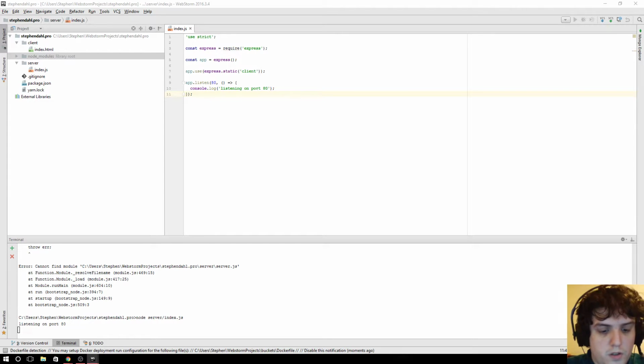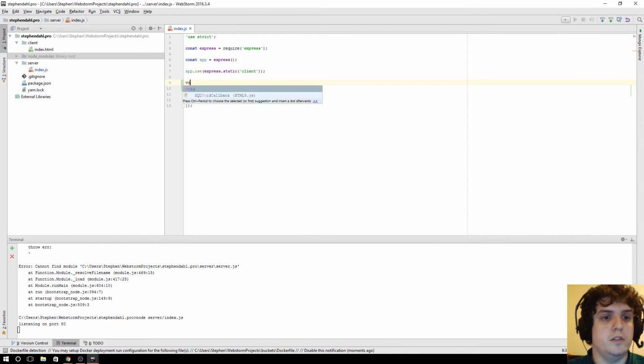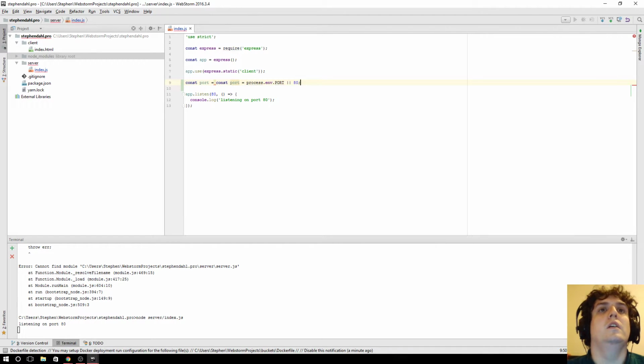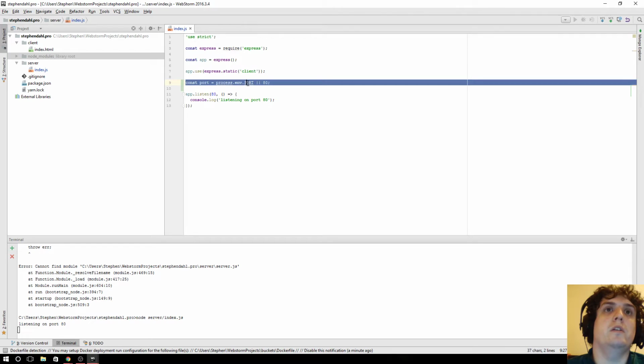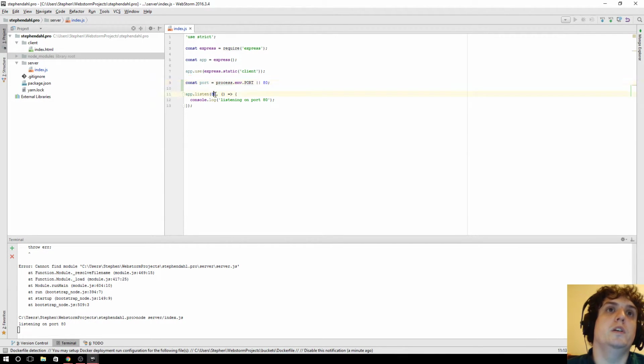Okay, so there is one thing we're going to do. That is why Heroku is not working. Heroku passes in the port that we use as an environment variable, and so it is not port 80 that Heroku wants to listen on. So we're going to create a new constant, and we're going to pull that port out of our environment. If the port in the environment is not set, we're going to use 80 as our port. So now all we need to do is swap this out to use the variable